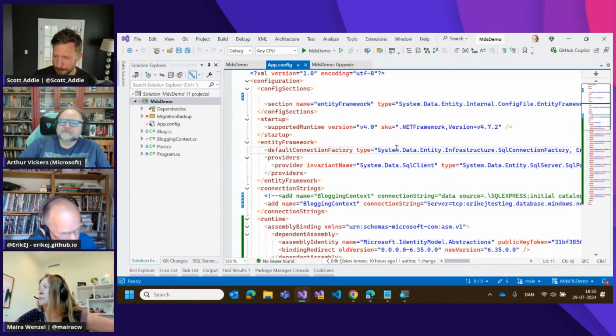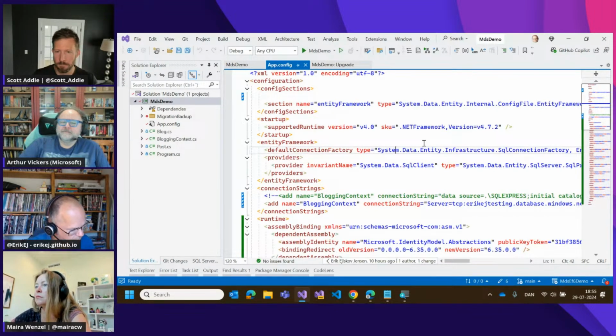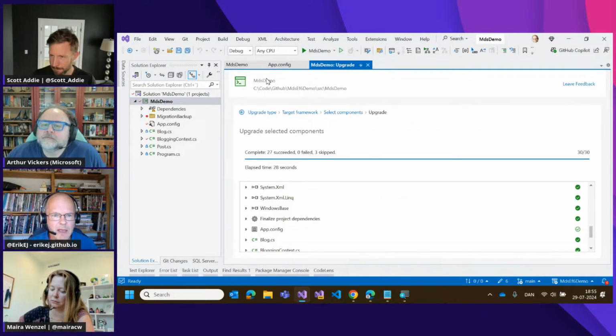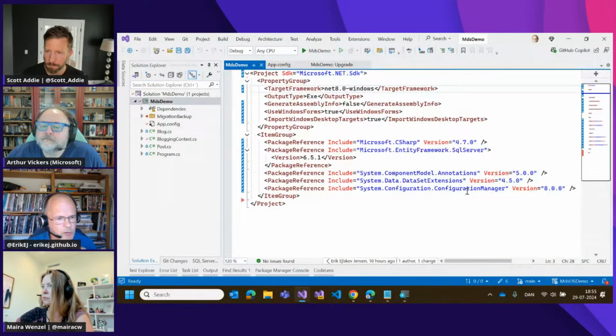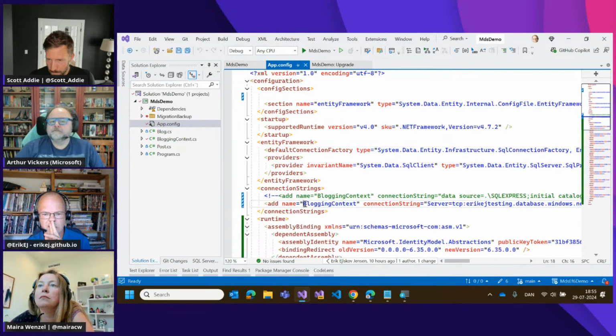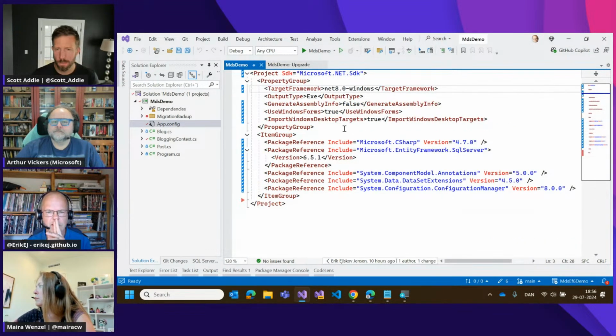I also concluded that we can remove a lot of these config sections that relate to Entity Framework, but for the sake of time, I won't do that. We noticed the project had a reference to configuration manager, and that is what hopefully enables it to still read this blocking context connection string from our app config, even though it's a .NET 8 app.